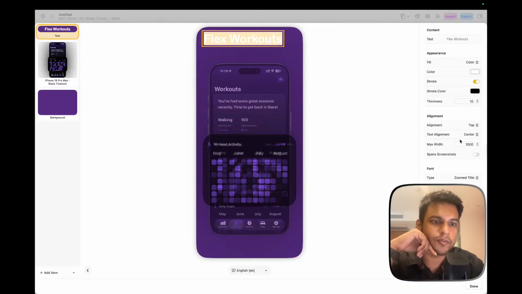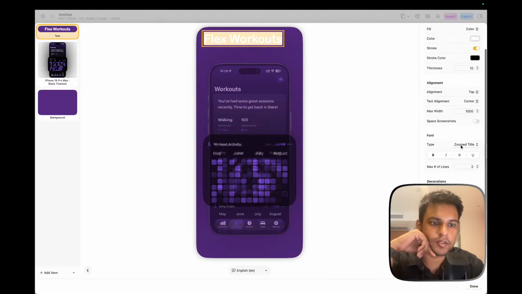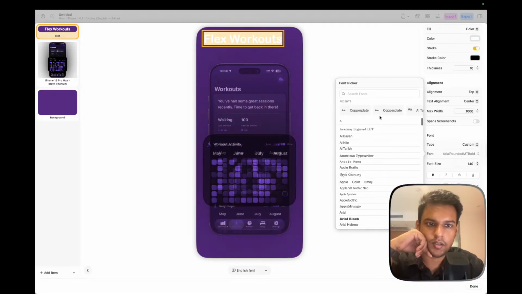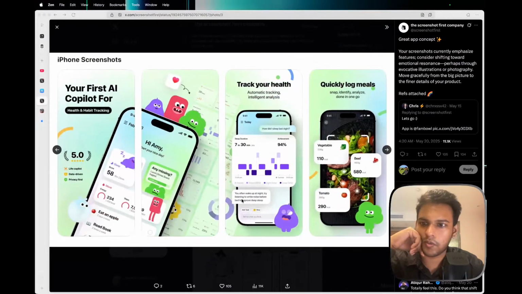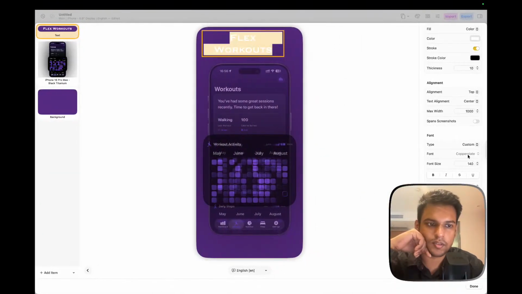I don't like the font. So where's the font option? The zoom titled. I can use the custom one here. Copperplate. Now that would be too much. What is the normal font that they use?